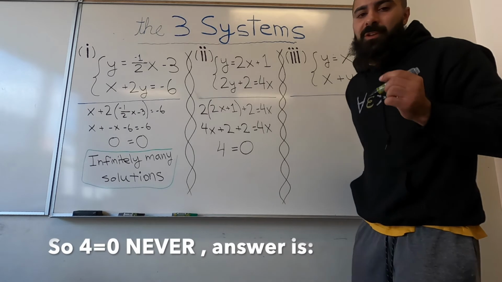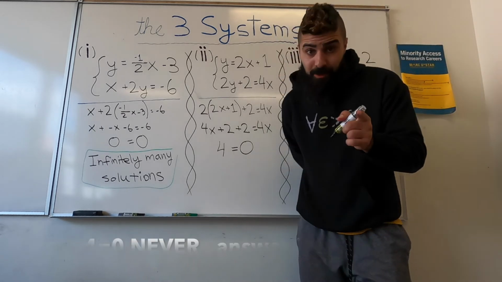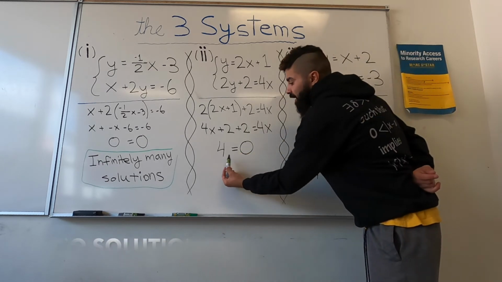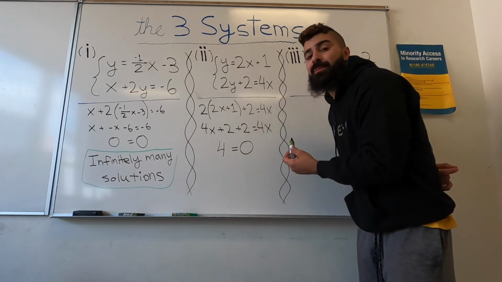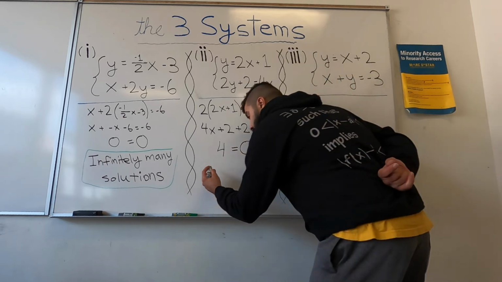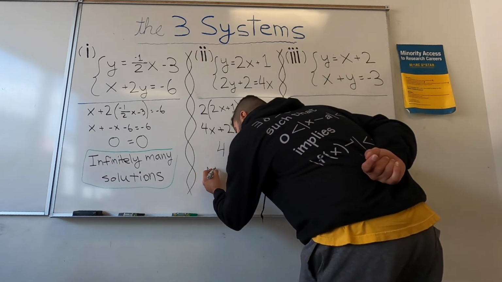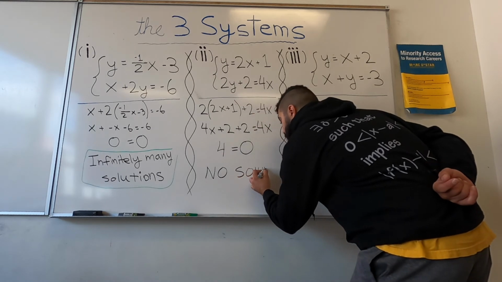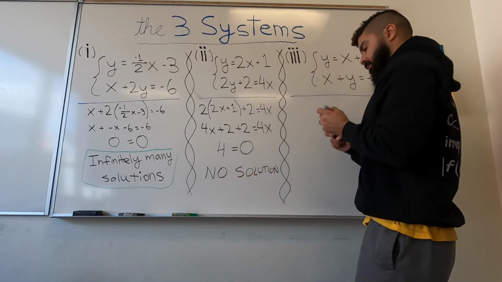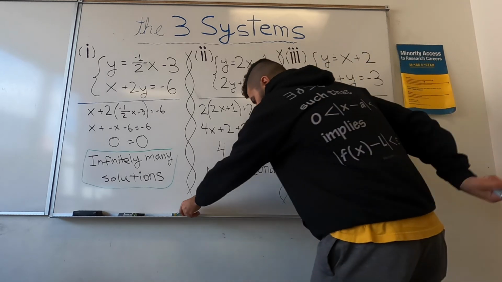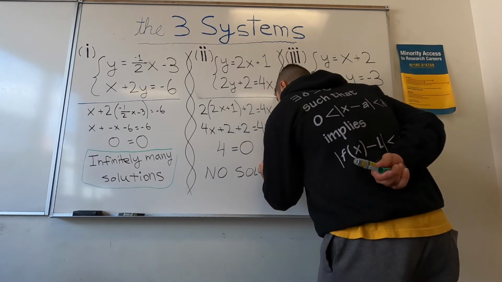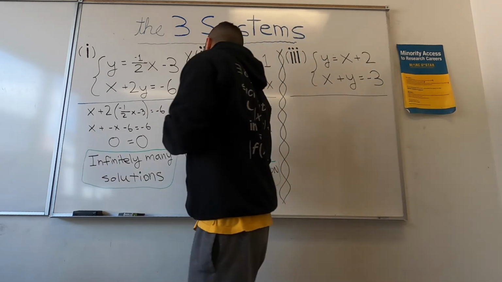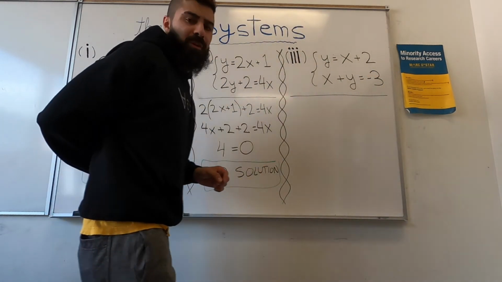Now I ask myself, does 4 equal 0 sometimes, always, or never? Actually, never. So when the answer is never, when you get number equals another number, it's going to be no solution. No solution. Kind of squished that word solution in there, didn't we? All right. Last but not least, you guessed it, the last one has actually one solution,